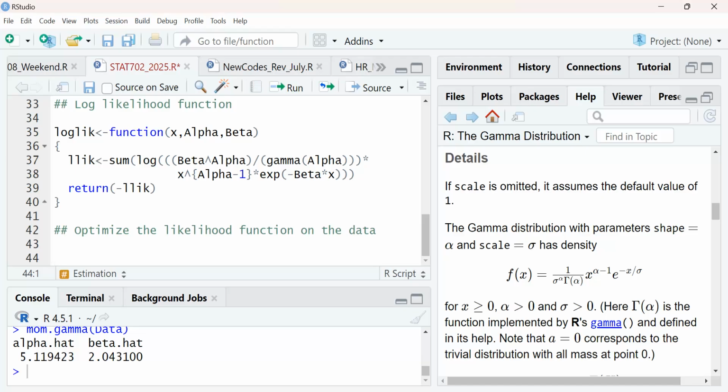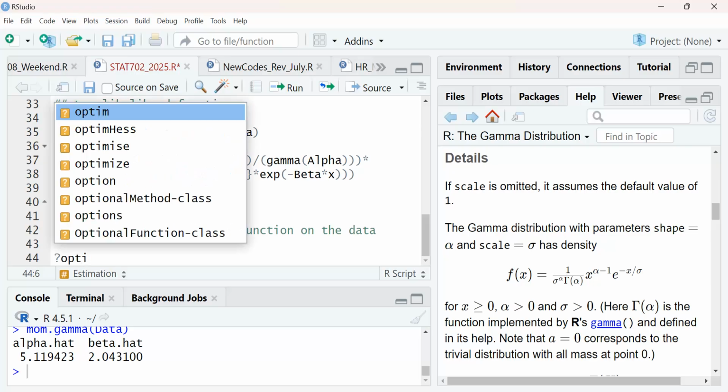You can do the bisection method, the secant method and so forth. That's a huge research area, optimization, because it has so many uses. In R, the basic routine is optim.